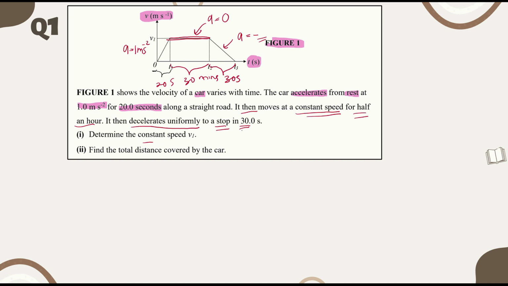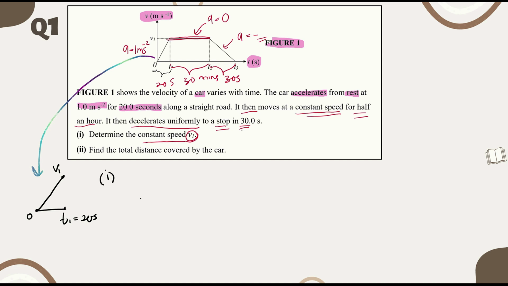Determine the constant speed v1. If we refer to this part, let's say we have a bigger image, v1 is here. The starting point is here, 0, and here is t1. So from 0 to t1 it takes 20 seconds. Then to solve the first question,